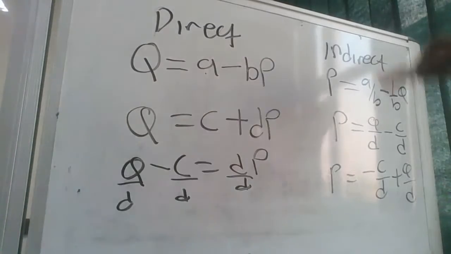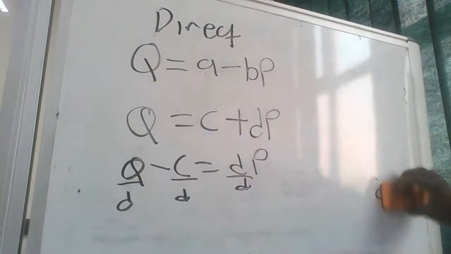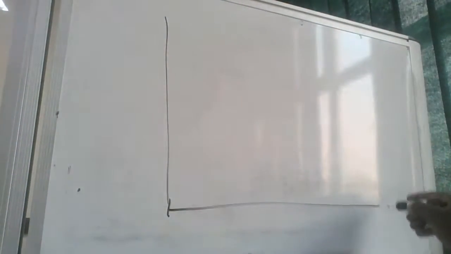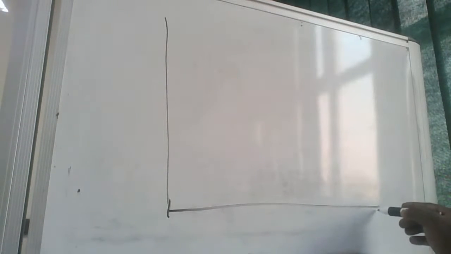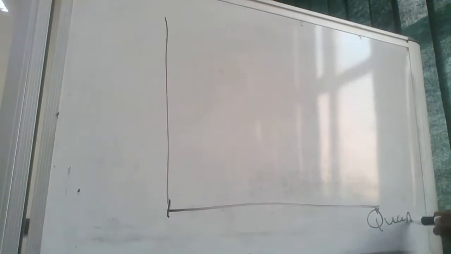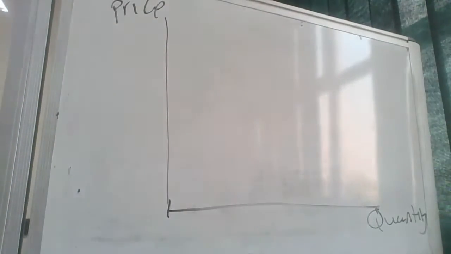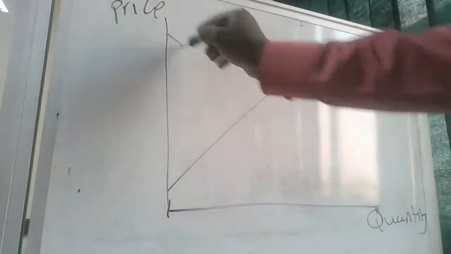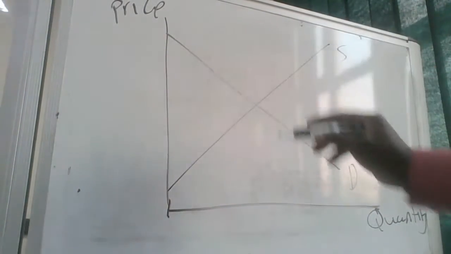Okay. Let's now look at the market. We've looked at the demand and supply in isolation. Let's look at the market. So just to start to show it graphically, we said that on the horizontal axis, we plot quantity, and on the vertical axis, we put price. And we said that this is an inverse structure. So if our supply curve is upward sloping and our demand curve is downward sloping, then